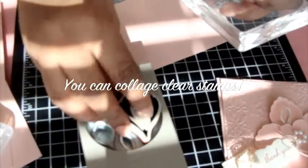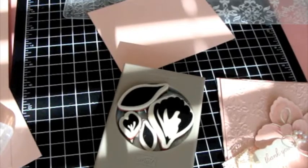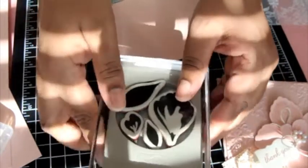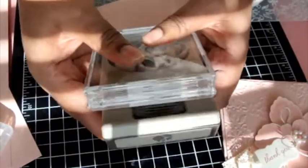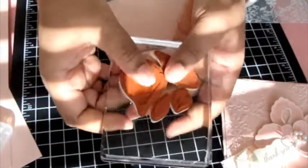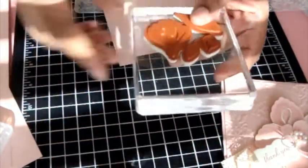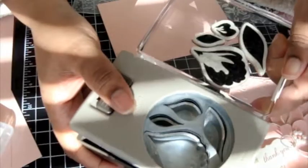I got it clear. And here's where I can show you the favorite thing I have about clear stamps. Put them down, face up, onto the punch. Make sure your block is clean. Use an E-block and put it on top there. Then do a little bit of a press and a pull. That will attach them. Turn this over and you'll see that they stay. Then I'll do an extra push down to make sure that they don't move while I stamp. The beauty of this is now when I stamp, you can see, it punches out in one swoop,